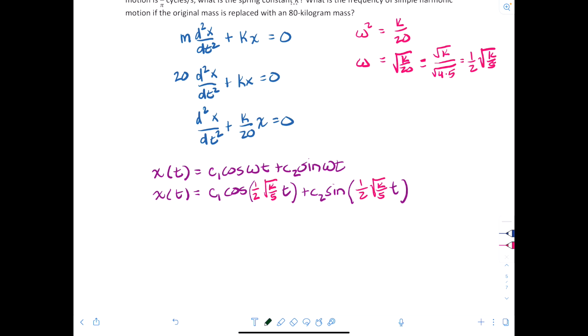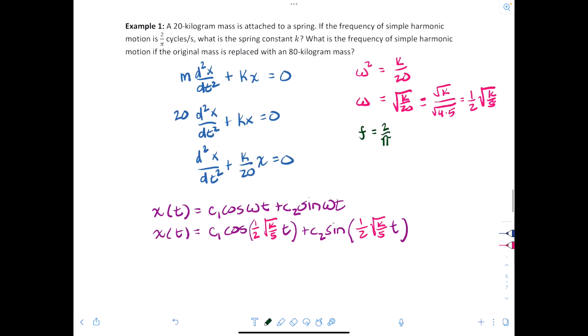Well, we know that the frequency is equal to, beautiful, 2 over pi. That's from here. But we also know that frequency is equal to omega over 2 pi. So if we equate 2 over pi to omega over 2 pi,